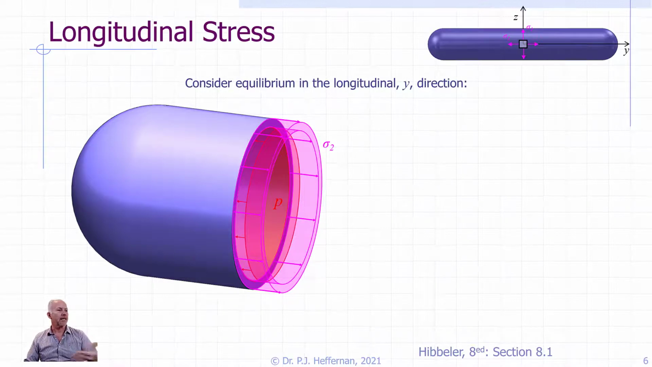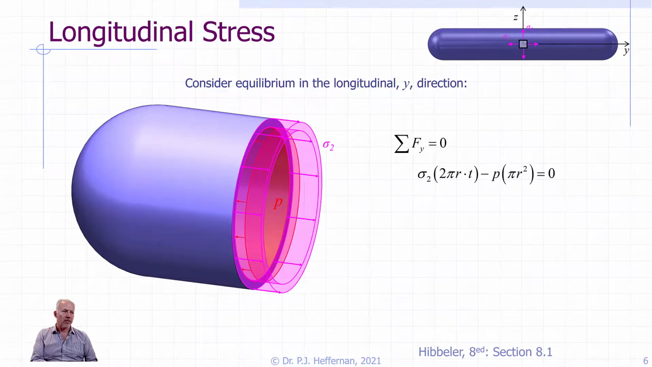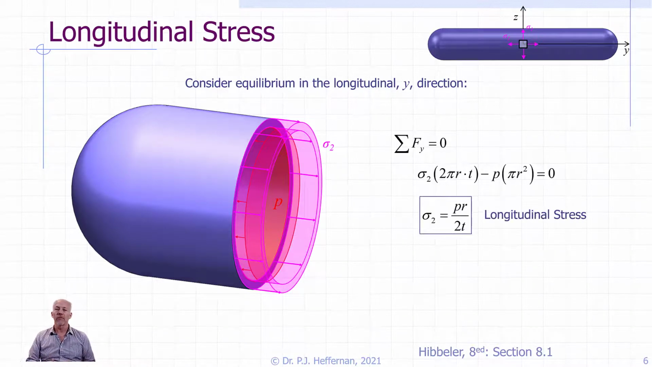And again, in this case, we're going to consider equilibrium in the y direction, and we get sum of the forces in the y direction, set it equal to 0. So we have our sigma 2, or our longitudinal stress, multiplied by the area over which it applies, which would be our circumference of the circle, multiplied by the thickness of the cylinder, so 2 pi r times t. And then from that, we're going to subtract the force as a result of the pressure trying to push the capsule away. So our pressure times the area over which it applies, which is pi r squared, or the area of the circle. Set it equal to 0, rearrange, and